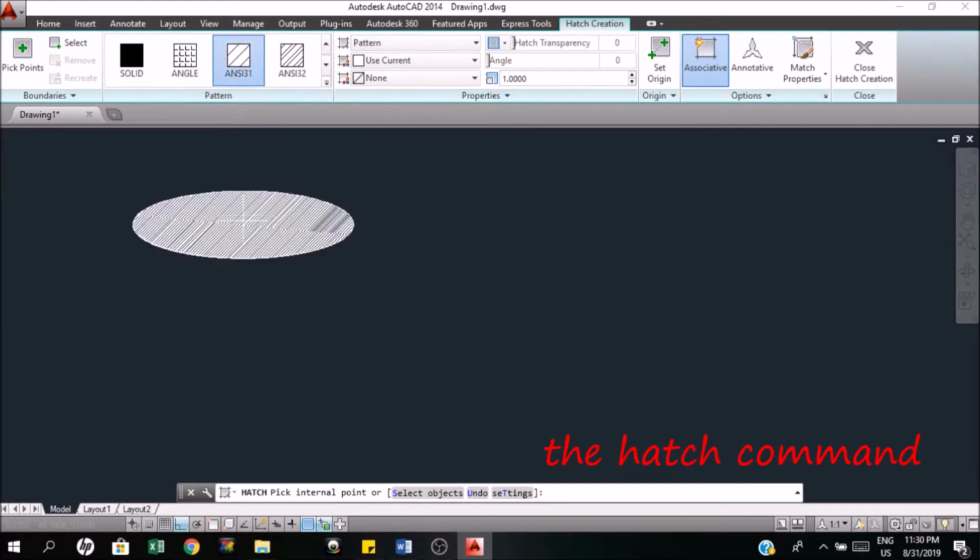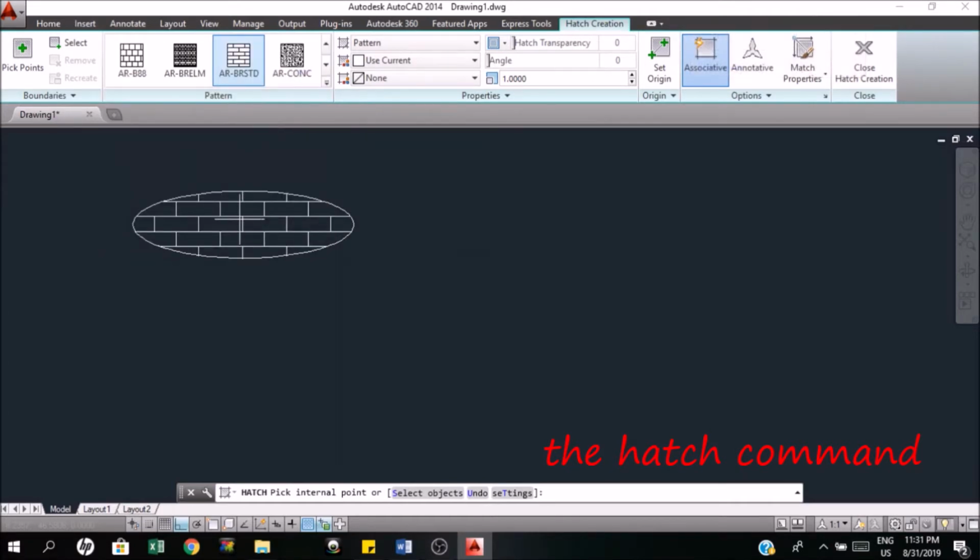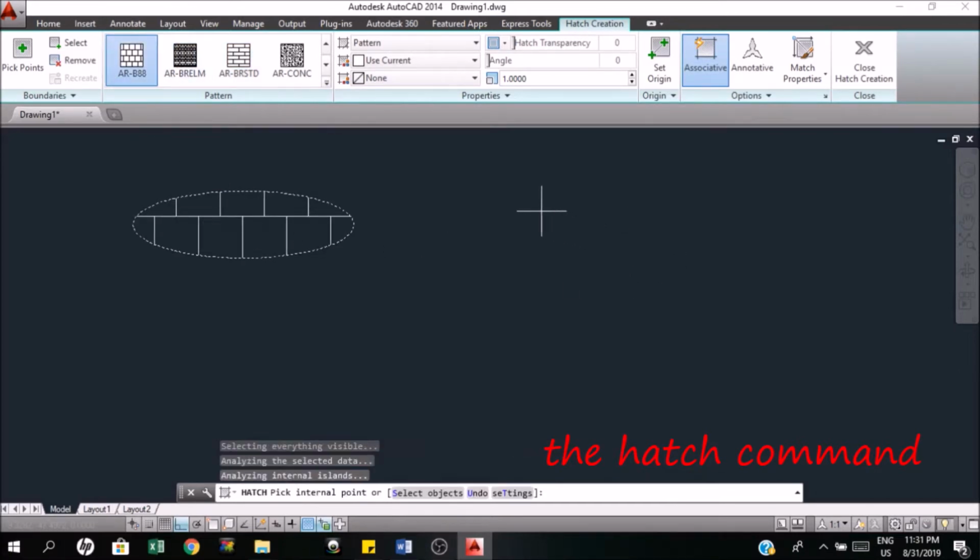This one, a different pattern, and this one. Another is this one. So all of these produce different patterns. For example I'll just use this, and then since I want to end the command,